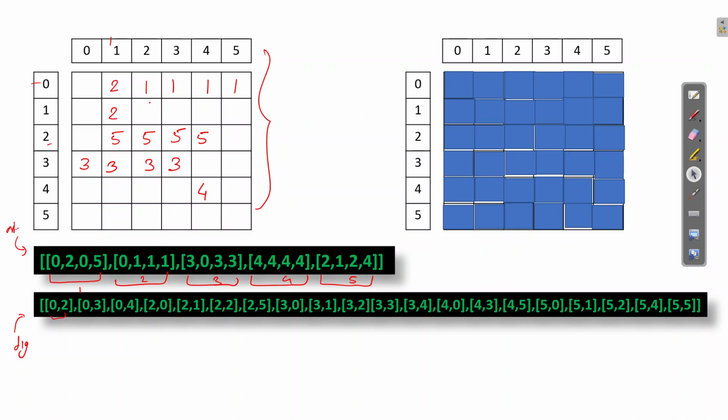So first, we have created this 2D array, and we are going to store the counts as well. So 1 has come 4 times, 2 has come twice, 5 has come 4 times, 3 has come 4 times, and 4 has come 1 time. So this we have stored.